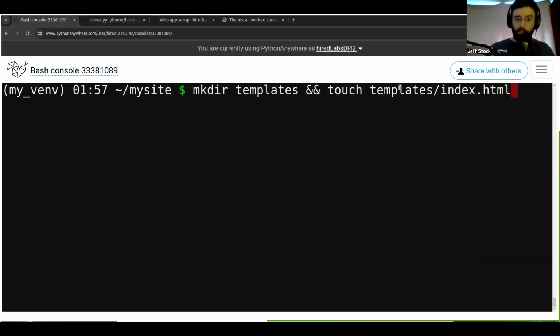index.html, and put that template that we know we're going to be using, that we made the view for, that we set up in our URL, into the templates folder that we told Django in the settings to look for in this directory. So we're going to set that up, make that happen. And now, if I check out my tree structure,